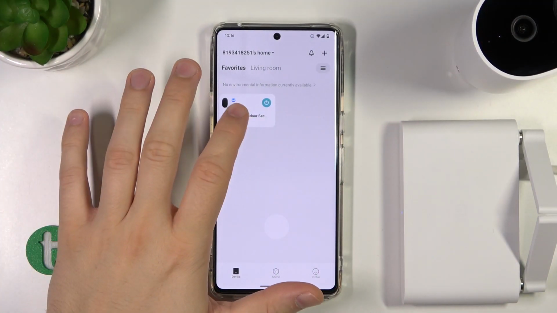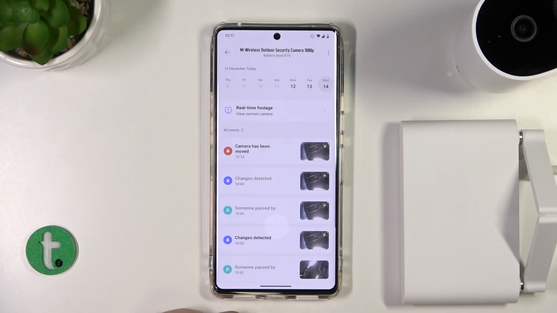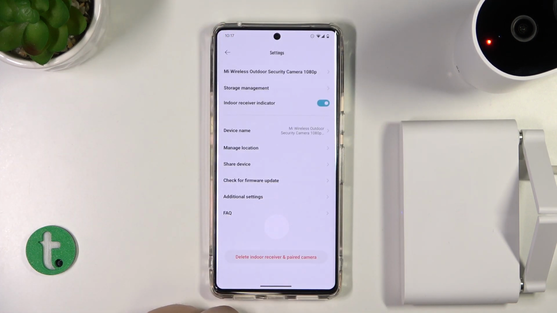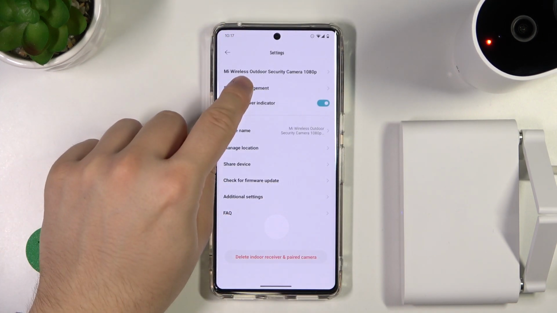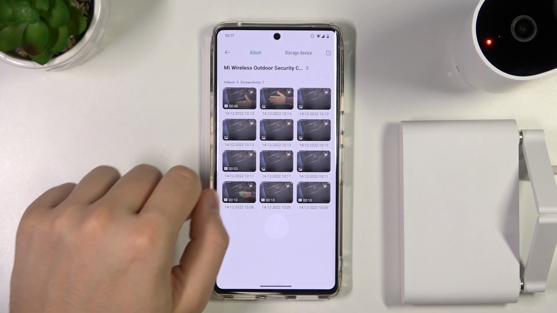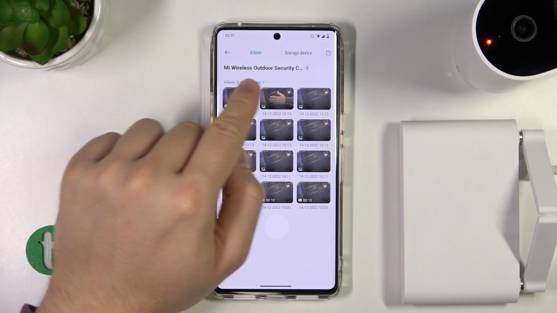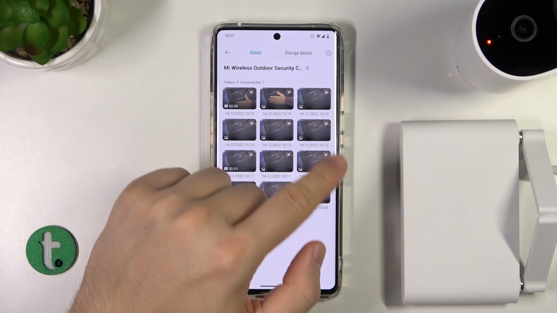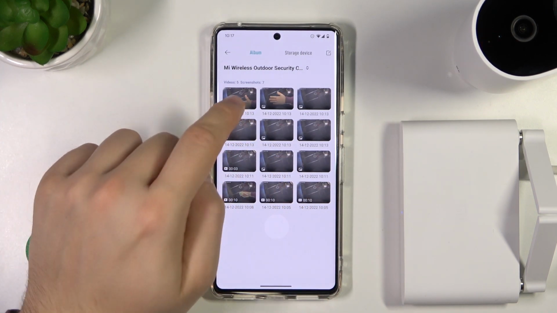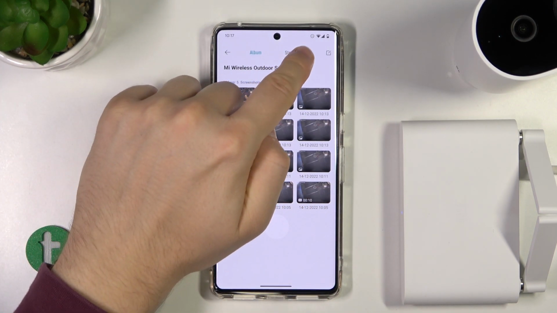So we have to open the Xiaomi camera right here, and next we have to click on these three dots in the right upper corner. And right now we have to go for the storage management, and as you can see we can find the album and the storage device. So the album is right here, and that's all the videos and photos that we save on our phone. And when you go for the storage device,